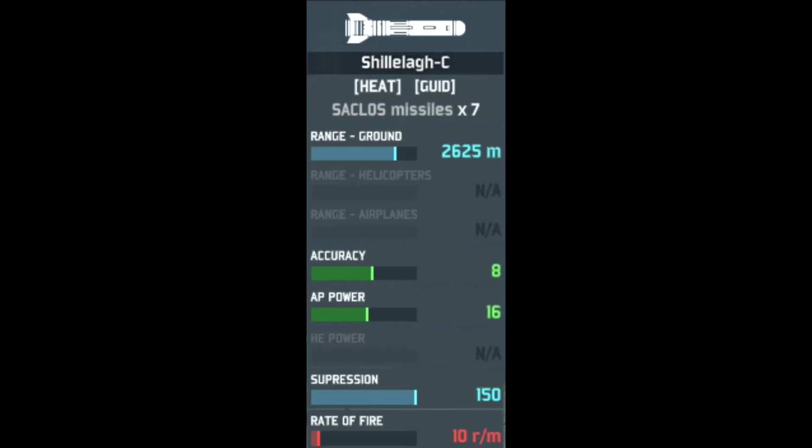Now, if we get onto the weapons, the first thing we have is a Shillelagh C ATGM. It's a heat-guided ATGM with 7 missiles in it. It has a pretty decent range of ground of 2,625 meters. Okay accuracy at 8, which is very standard for cheap ATGMs, and 16 AP power. Suppression doesn't really matter, but its rate of fire is 10 rounds a minute, which makes this